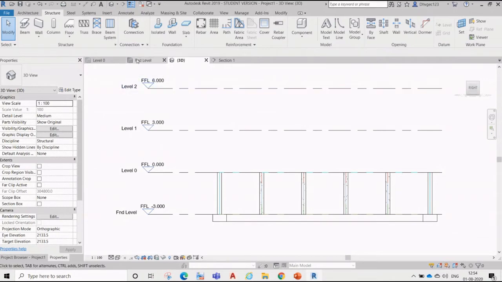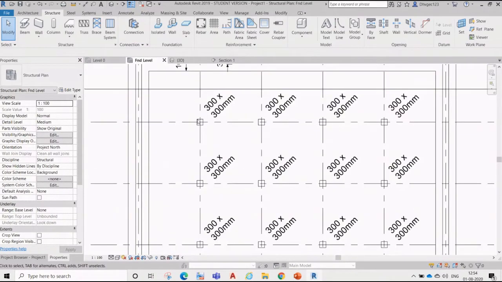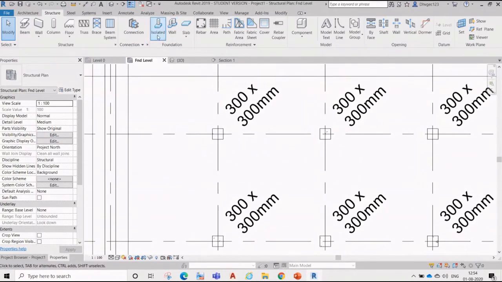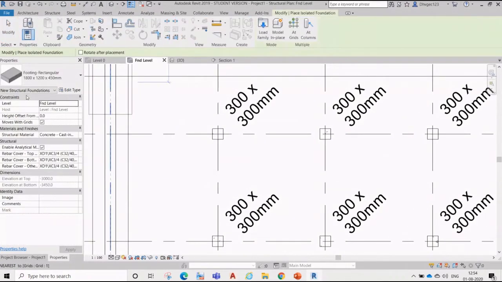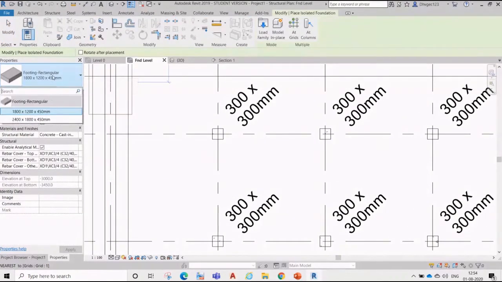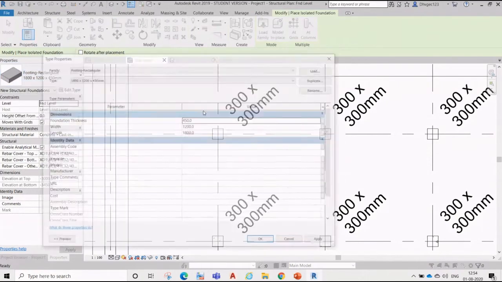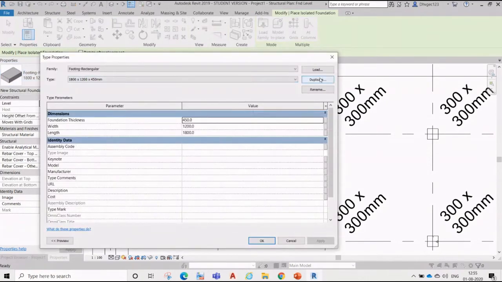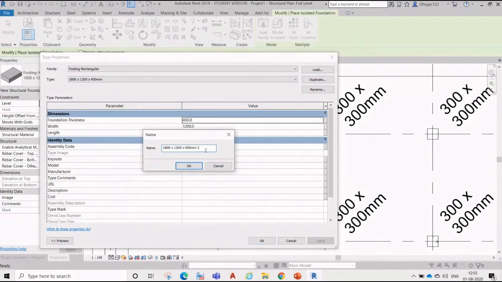Now we are going to put an isolated foundation for the column. We'll go here and see the default types. We can duplicate it as per our requirement.